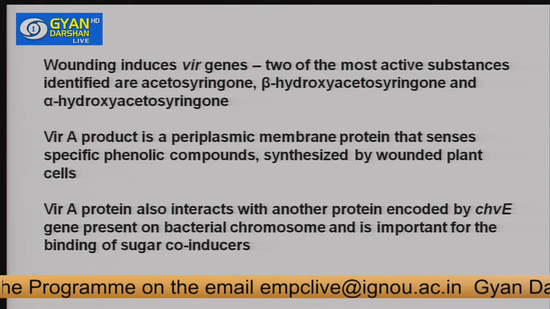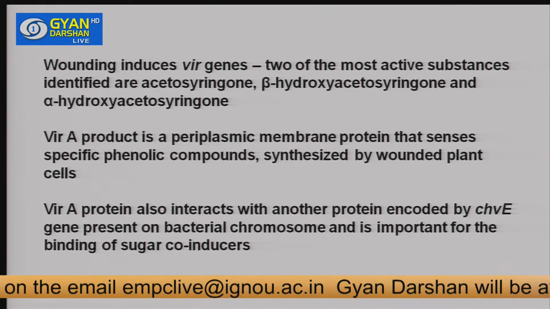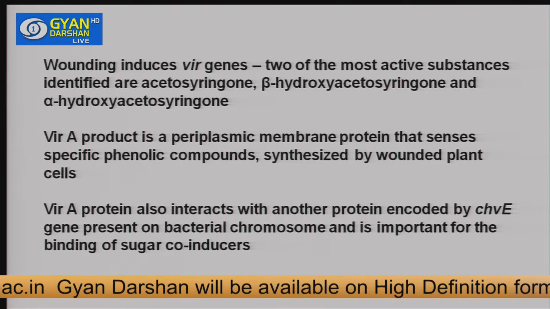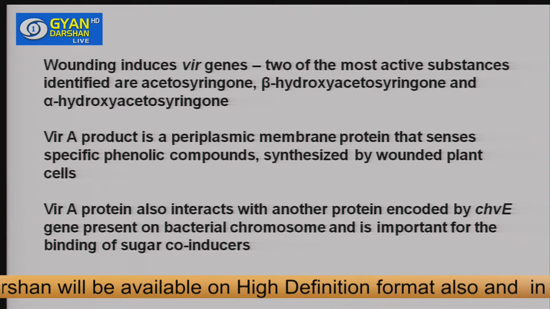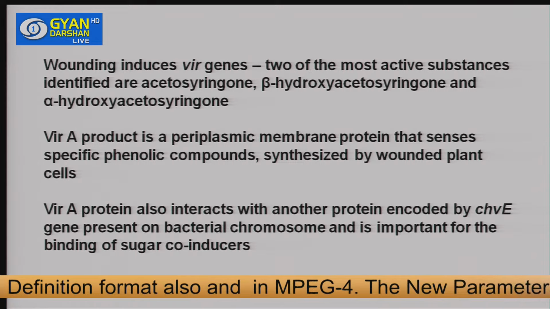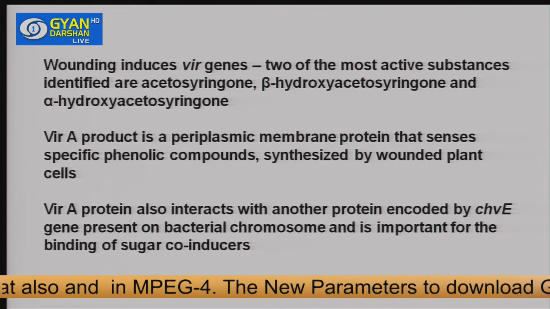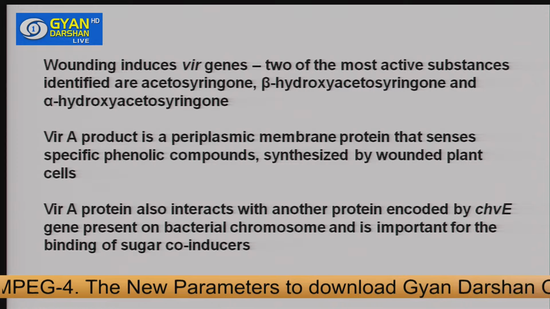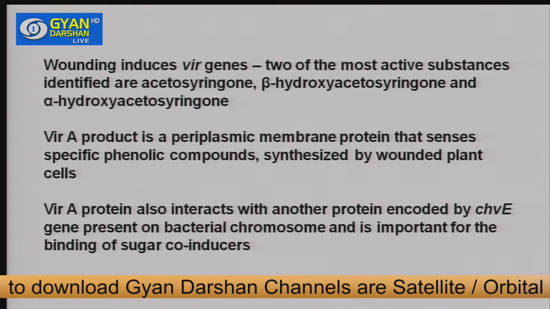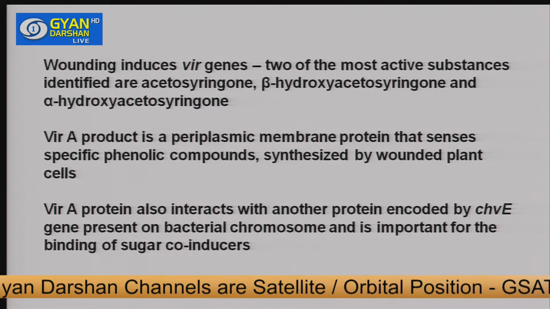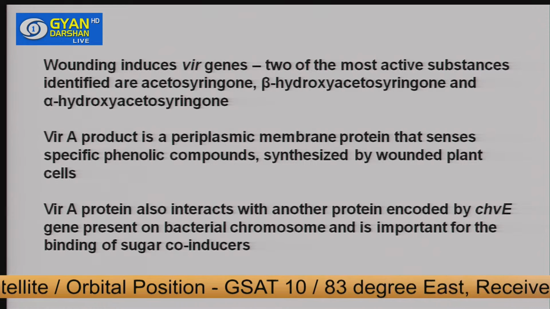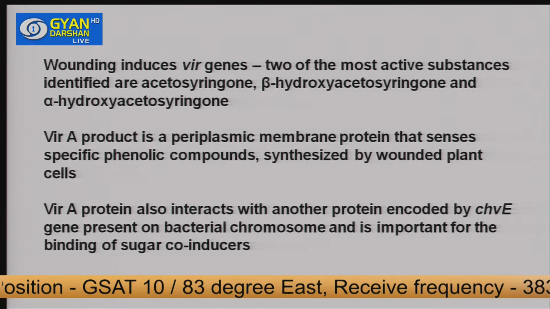Now, whenever there is wounding, this wounding induces the VIR genes, and there are certain chemicals which are released from the wounded site, known as acetosyringone or beta-hydroxyacetosyringone or alpha-hydroxyacetosyringone. Now, why does the Agrobacterium get mobilized, or undergo chemotactic movement? Because in response to these signaling molecules, from the soil it will go to the wounded site,